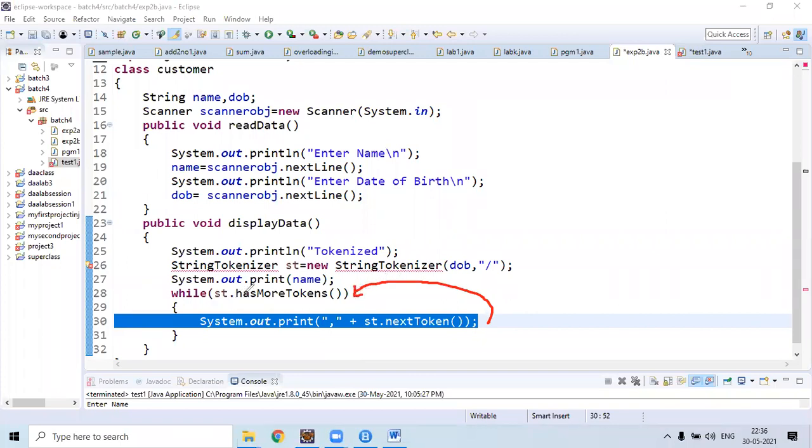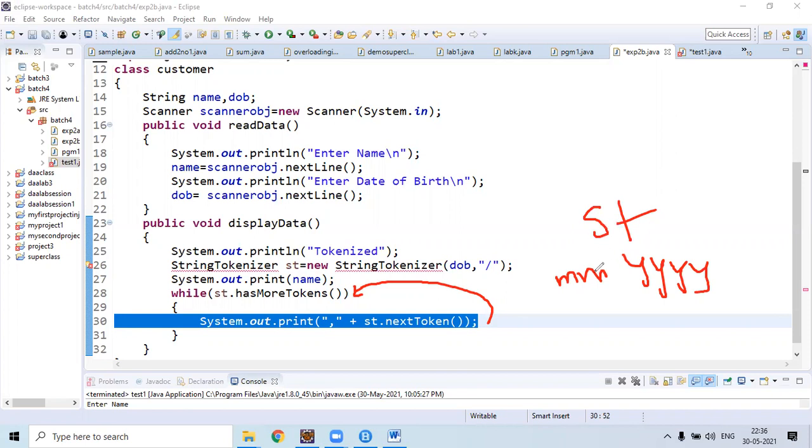Here it will once again check for the second token. We took the first token from st. Then st contains two more tokens, they are mm and yy. In the second iteration, once again we check whether st contains tokens or not.